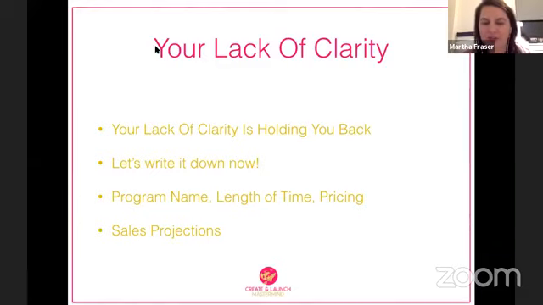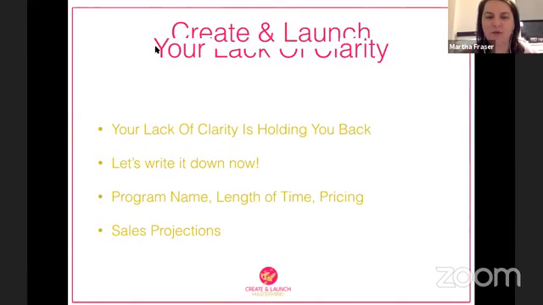So your sales projections. Now, I'm not going to go into too much of this, but sales projections are really important. How much do you want to make? So basically, let's just say like that client I was telling you about. So you might say, I want to make 5,000 over X amount of time. Then you need to set the price of your program, and then you need to divide that amount by the price, and that will give you the number of sales you want to make. It's a bit more than that, but that is a quick gist of it. Okay, so